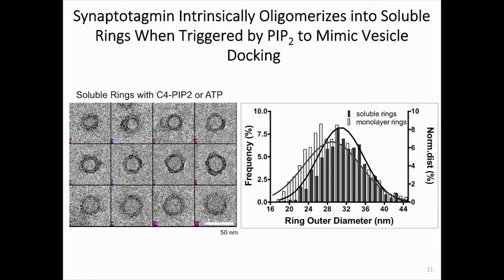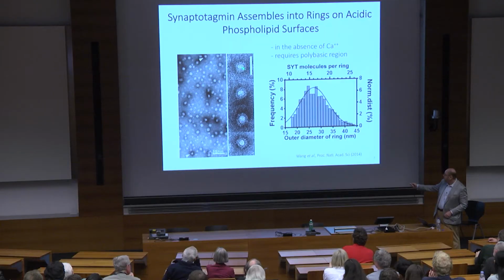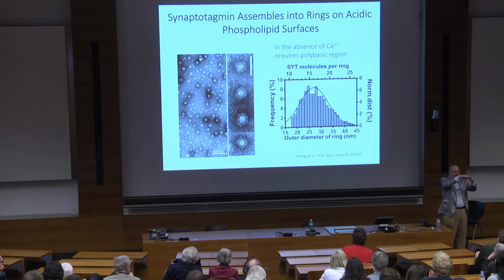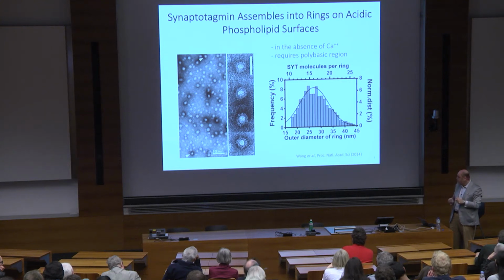Do you see how these rings are empty sitting on the grid? You see the same background in the ring or outside the ring. Look at the rings on the monolayer. They exclude stain. They exclude stain because they are actually sucking the monolayer into the ring. You'll see why in a moment. They're actually causing the membrane essentially to pucker up and rise above the level of the ring, for reasons that were not clear at first. But clearly there's an interaction with the acidic phospholipids in the membrane.